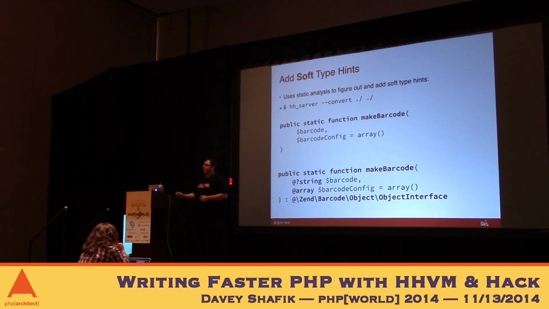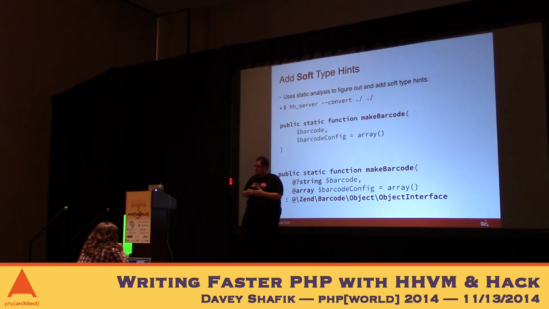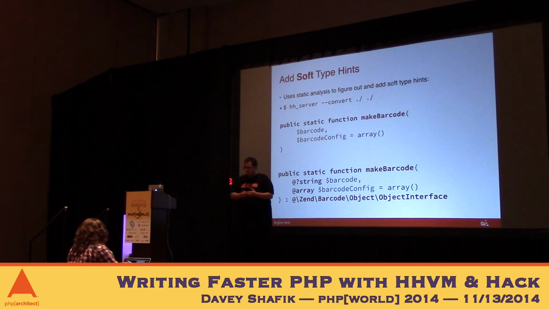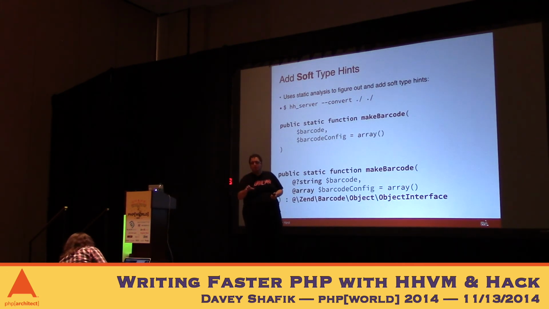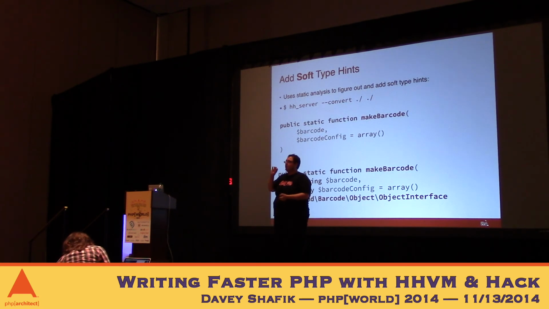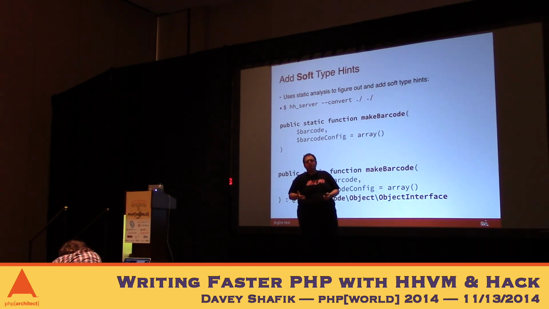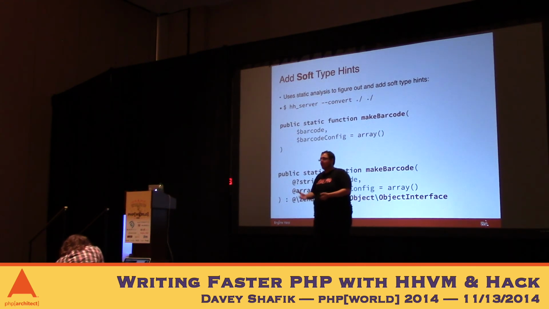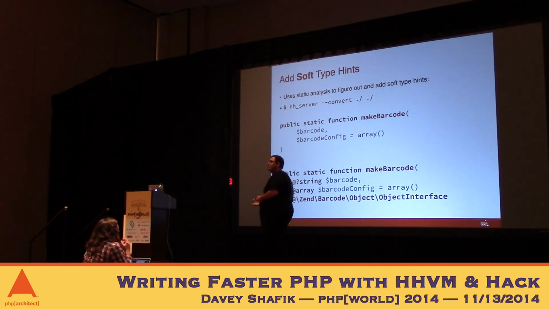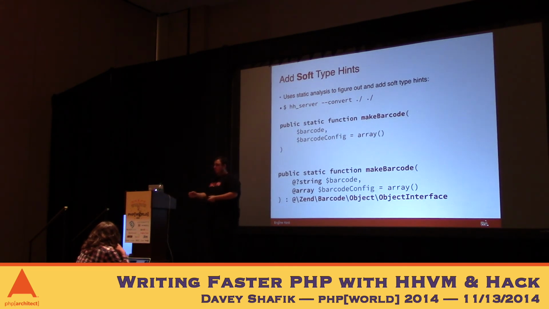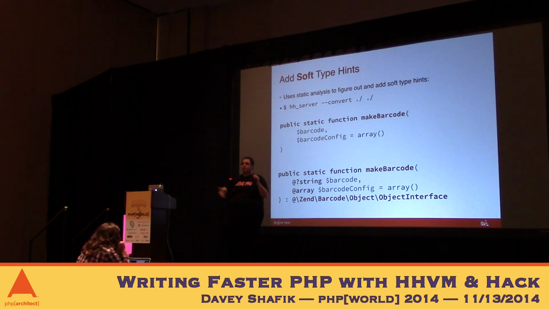Yes? Davey, I've noted, is it good enough? Can you hear me? Is Hack code faster than regular PHP code? Yes. Because of all the type hints, the JIT can make much better assumptions for optimizing your code. I mentioned earlier, if you're running PHP stuff through HHVM, it will look at your code through multiple passes and go, okay, this has always been an int, therefore it should always be an int, and we can optimize on that. But because it's PHP code, we're not 100% sure. So what we're going to do is say, if it is an int, then go ahead and run that JITted code. Otherwise, we have to run it through the interpretive mode, and let's reevaluate that assumption.